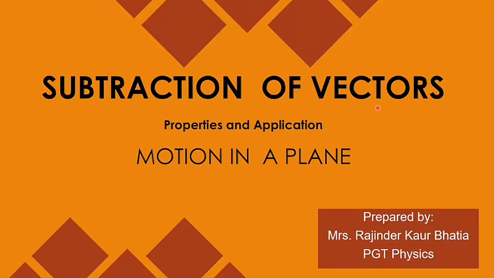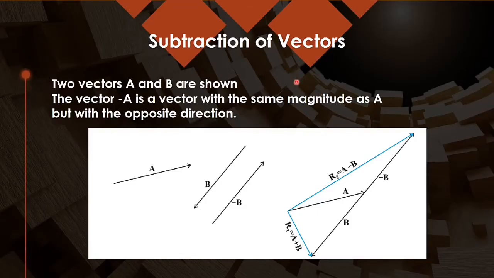Today we are going to discuss in detail the subtraction of vectors. So of course, you should have addition of vectors and its properties as previous knowledge. Now, if I talk about the subtraction of vectors, I have taken two vectors, a vector and b vector, as we have discussed earlier, each has a certain magnitude as well as direction. Then for subtracting a and b, I simply have to change the direction of b vector, keeping the magnitude the same.